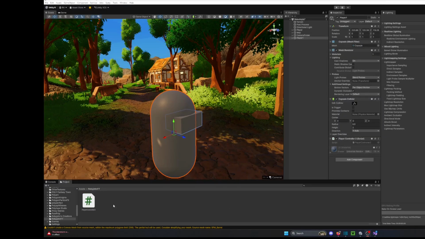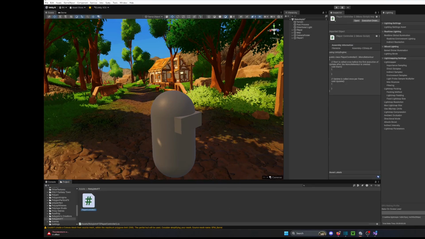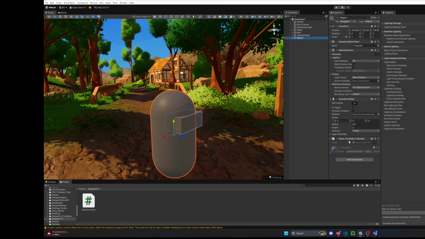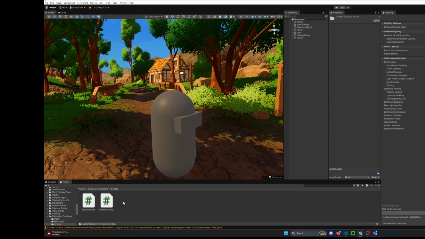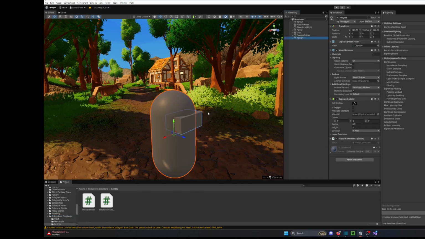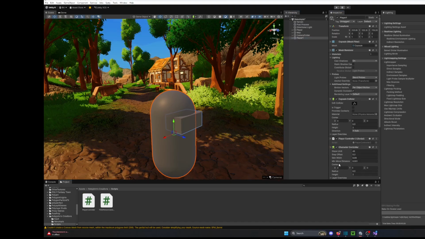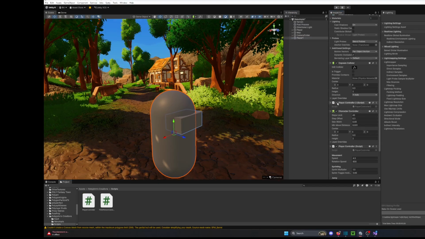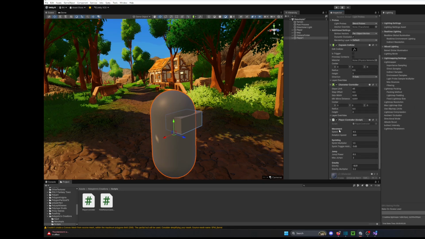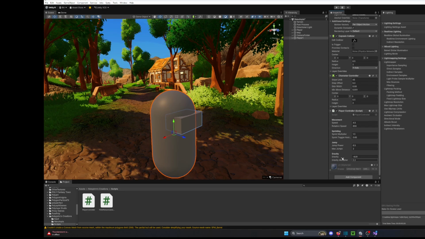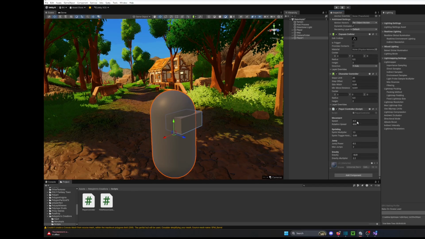all you have to do now is grab your script, and then drag it into your player. I've already done it with this one, but I'll show you with the other creation of my scripts. So if I go back into the player again and I drag this player controller over, it should look something like this. Here, I'll get rid of this other one because there's nothing going on with it. So you should have the same sort of setup. You should have a character controller in here. You should have a player controller, that's the script that you just made,